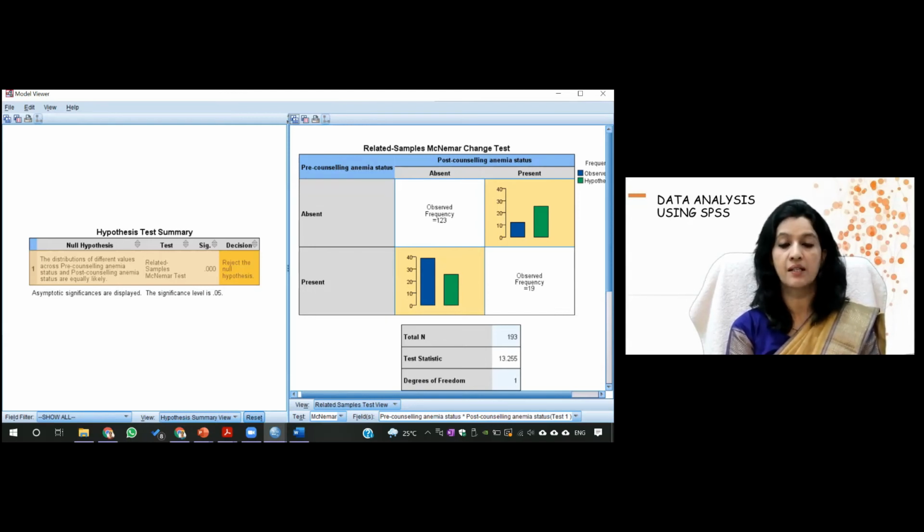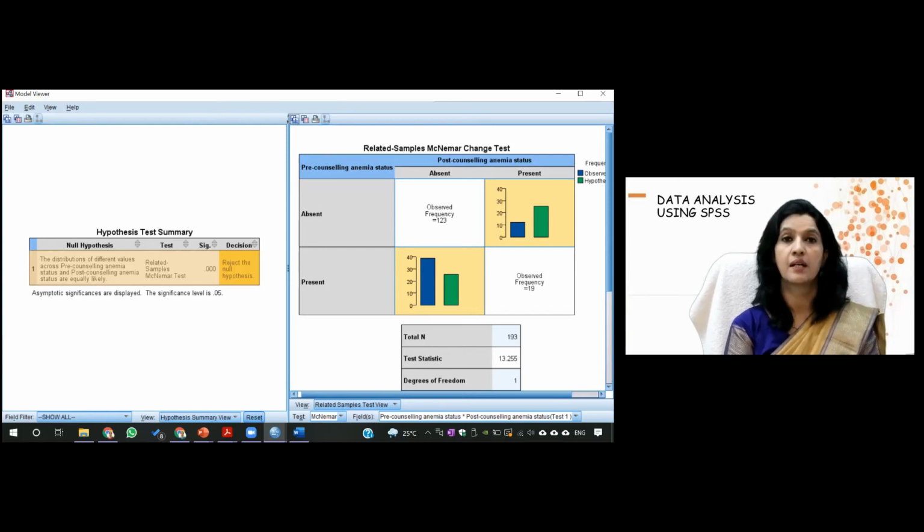And we are interested in the discordant pair. Now, what is this discordant pair? If you see this, anemia was absent before intervention, but after intervention, they developed anemia. So this is this box. And if you see this box, if I have assigned it A, B, C, and D, then this C is what?